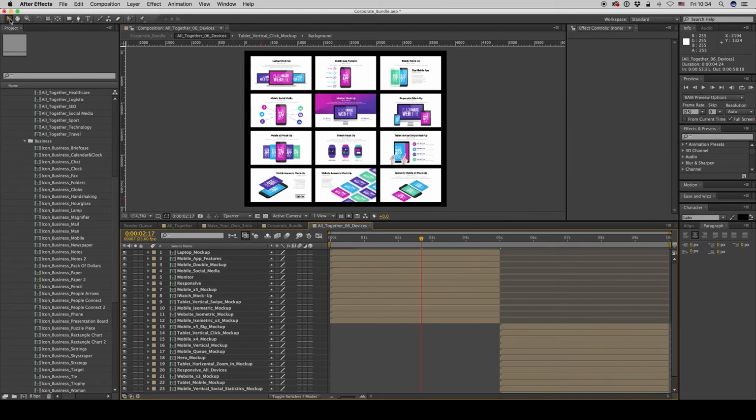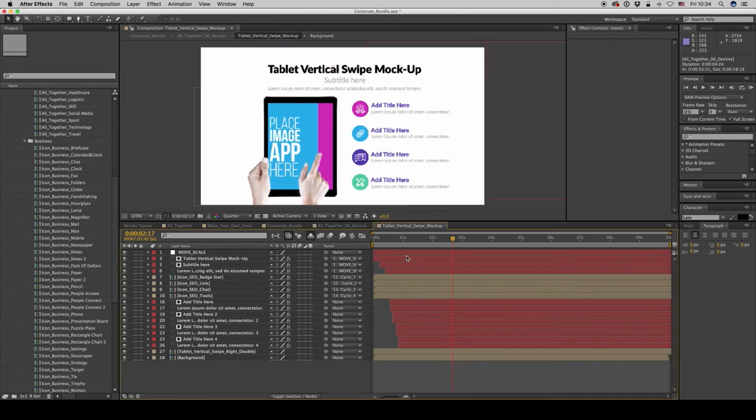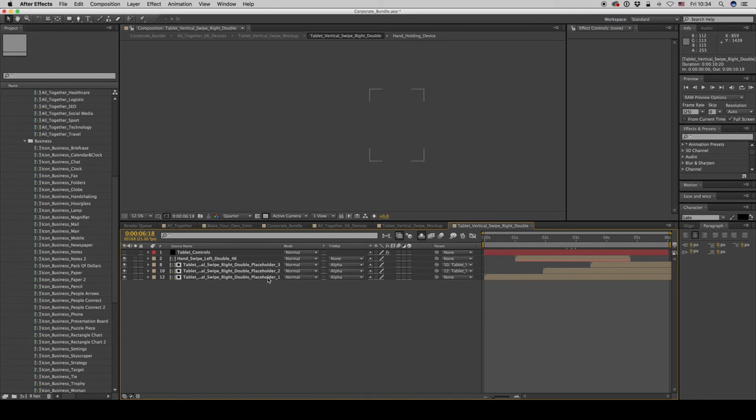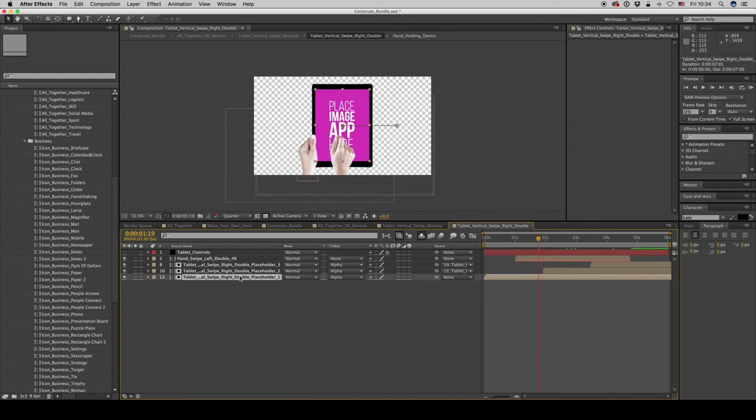So here, some of the composition has hands, animated hands here. Let's see. Tablet vertical sweep right double. If you can see, there is a sweep left 2 times, and here you have to put inside placeholder 1